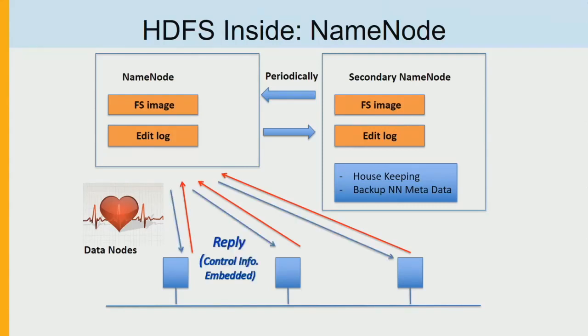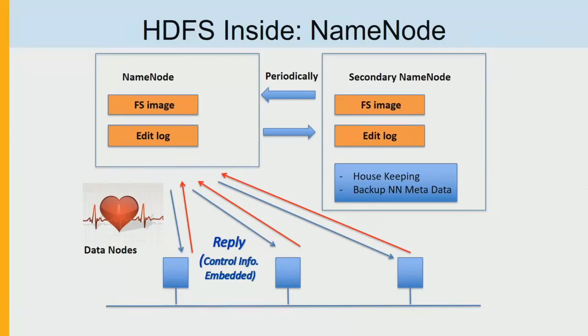So heartbeat messages are by default configured every 3 seconds. Every 3 seconds, the data node has to send a message to the name node saying that it is alive, and if for that 3 seconds it doesn't hear from the data node, it will start a new data node to replace that data node, and will start replicating from the available replicas on the cluster.